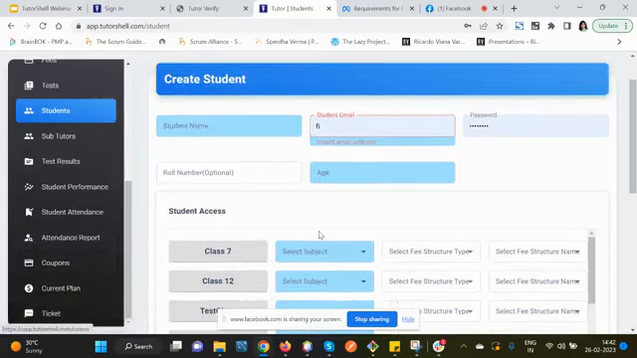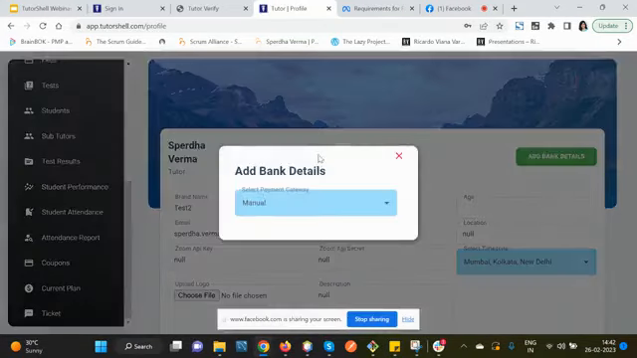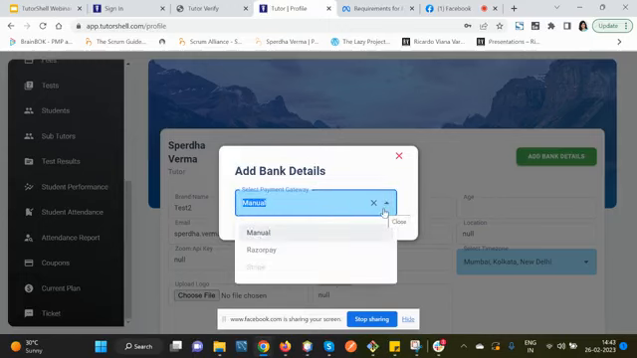Okay, now they will be able to pay you using our portal. It is very important to understand that right now we have multiple payment gateways. Some tutors are not comfortable entering their bank details, so they can select manual. In this case, the invoice and everything will be created, but they have to accept the student fee manually